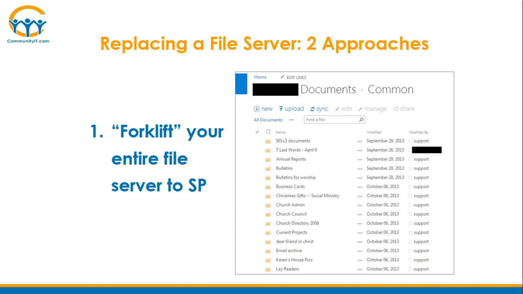There wasn't really a lot of requirements gathering. I would say this is something that you do when you're very small. This organization might have like 6 users, and you're really limited in your funds, and your expectations of leveraging SharePoint are low, and you really just want a file server in the cloud. I don't think that's necessarily a bad thing, but I think in the long run, if you can, it's better to take the second approach, which is to